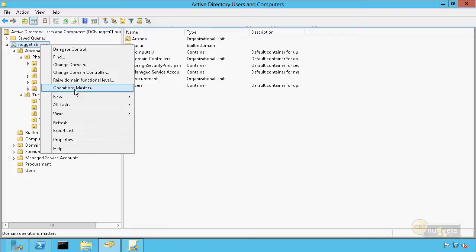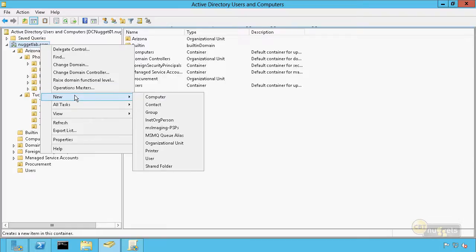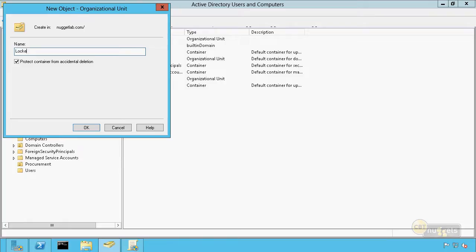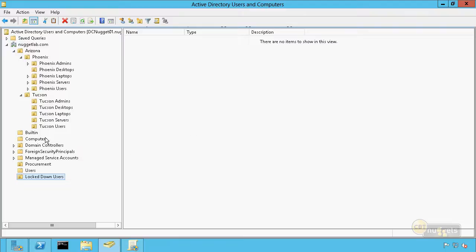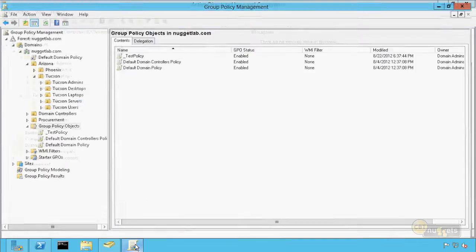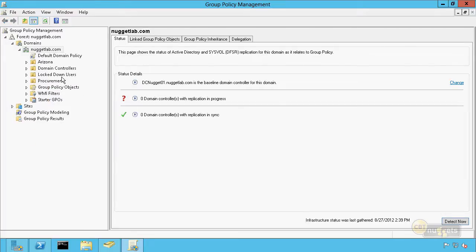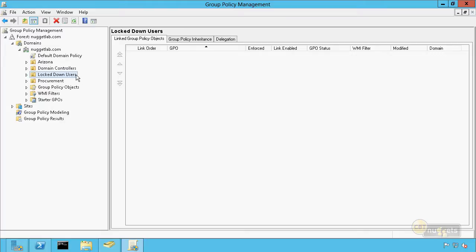So for example, what I will often do in organizations is I'll go to the domain here and I'll create a new organizational unit, and I'll just call this Locked Down or something like that. Locked Down Users, let's call it that. And you can protect the container from accidental deletion, which I'll talk to you about again here shortly in this same nugget. But the thing here is I might want to have my new user accounts that I create automatically shoveled into this location, and then I might go to my group policy object, and as I refresh the screen here, I might set up some kind of the mother of all policies on the Locked Down Users organizational unit, which takes away just about every